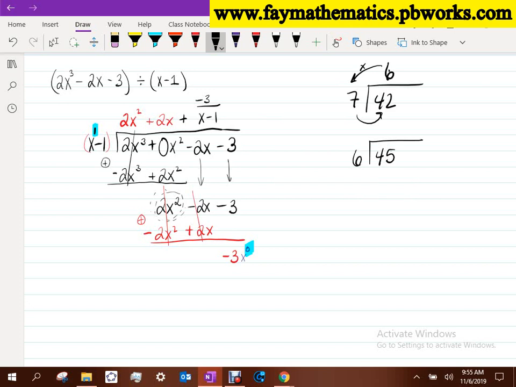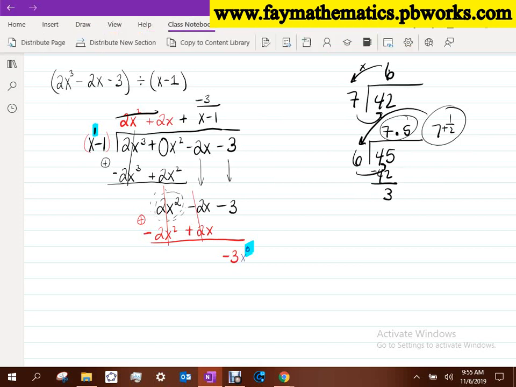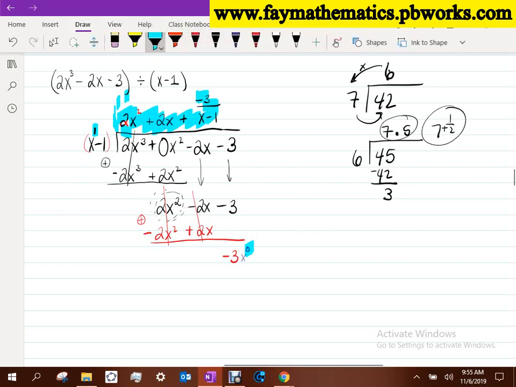That's going to be a 7, 42, remainder of 3. So this ends up being 7.5, or 7 plus 1/2, and that times my 6 will give me 45. So does it make sense that this thing here times the x minus 1